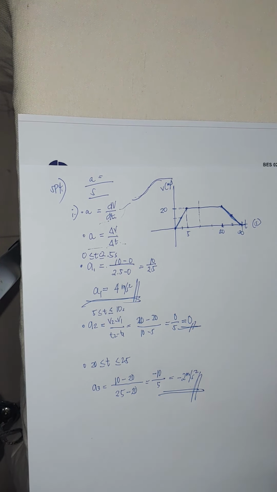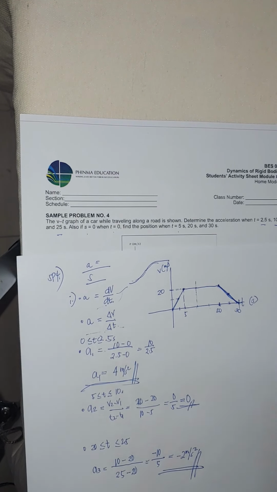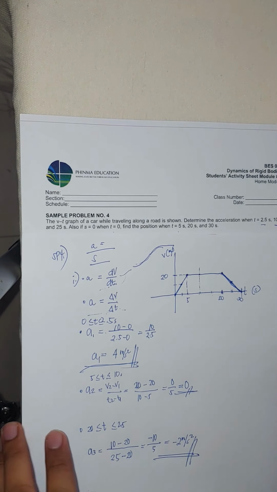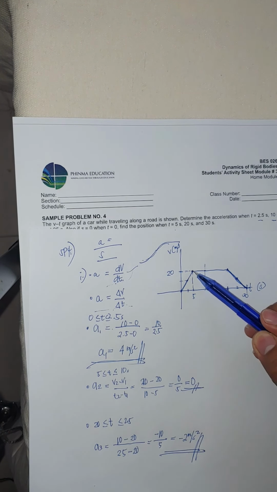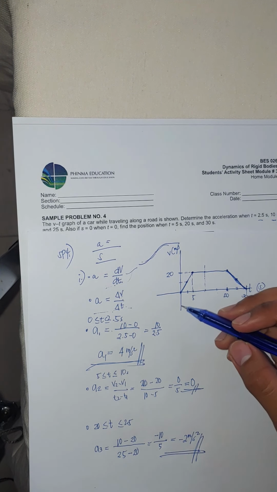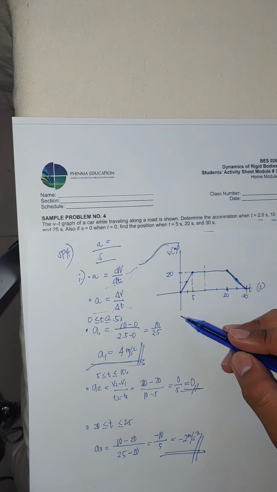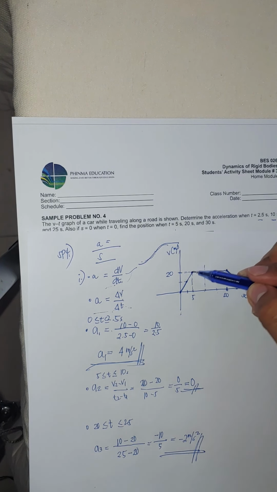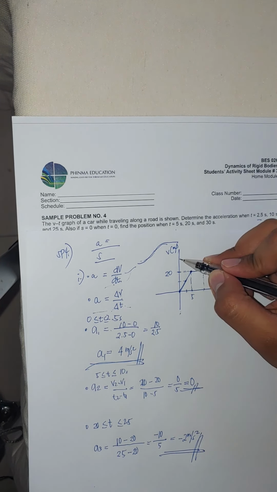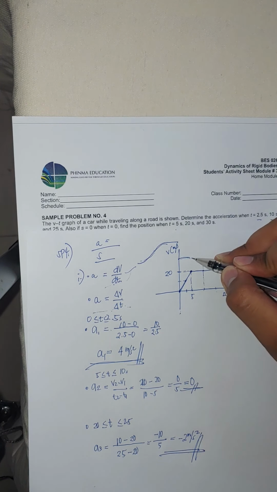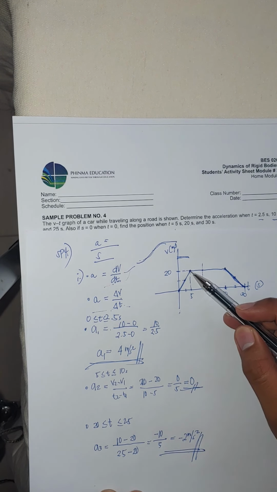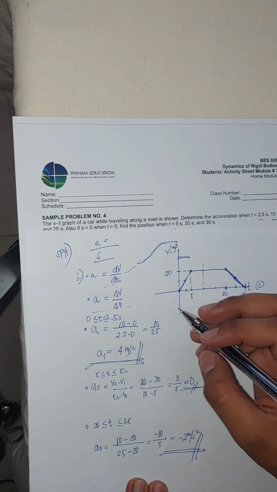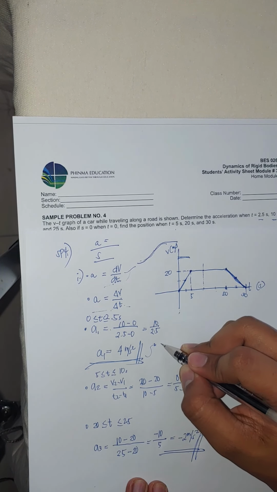So there is another way of solving this to get it more easily. This is the position. The acceleration from this point to this point of the line is constant, right? If you remember, if you graph this one, the acceleration forms a line, or a 0 degree line. It means that it is constant. So from this point to this point that is constant, then we can just safely assume in solving the acceleration